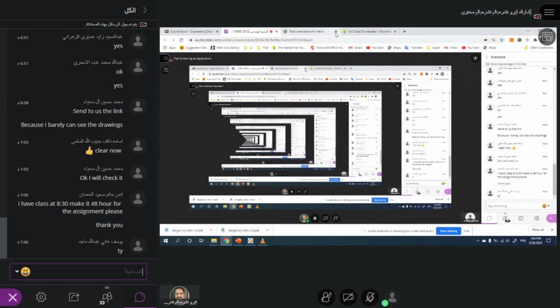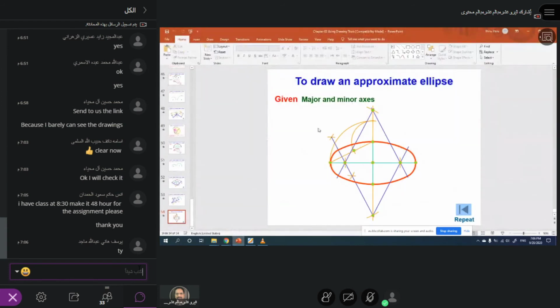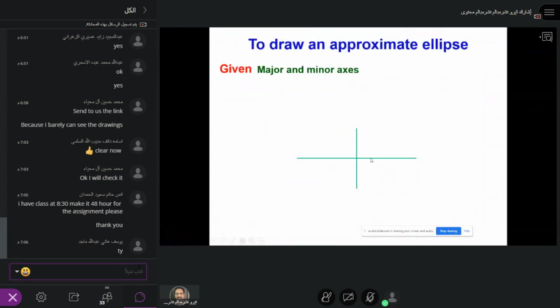Okay, so I think it's clear now. The ellipse is not going to be an exercise, by the way. I'm not going to ask you to draw the ellipse, but definitely the cam is very important. The tangent, you have to draw at least like what I have shown you now. Maybe one tangent with a couple of circles, you may have to do that. That's very important. It's not going to be asked in the exam, by the way. In the midterm exam, the cam and all may not be. We will see. The geometric construction is just an exercise, assignment only.